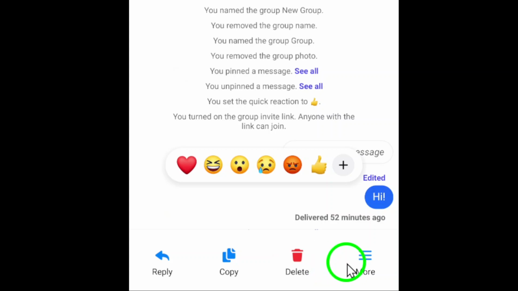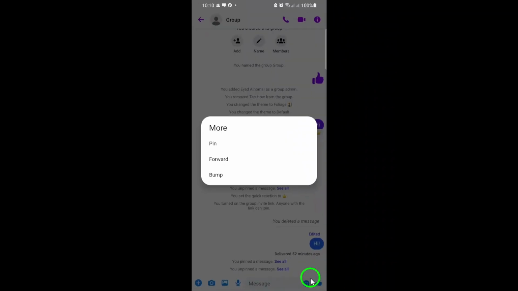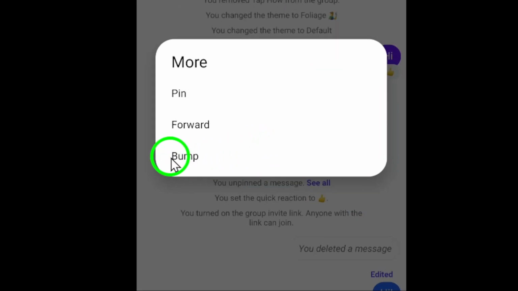From this menu, tap on More. This will bring up a few additional actions you can take with that message. Look for the option labeled Bump and tap on it. That's it. The message will now reappear at the bottom of the chat, making it easy for everyone in the